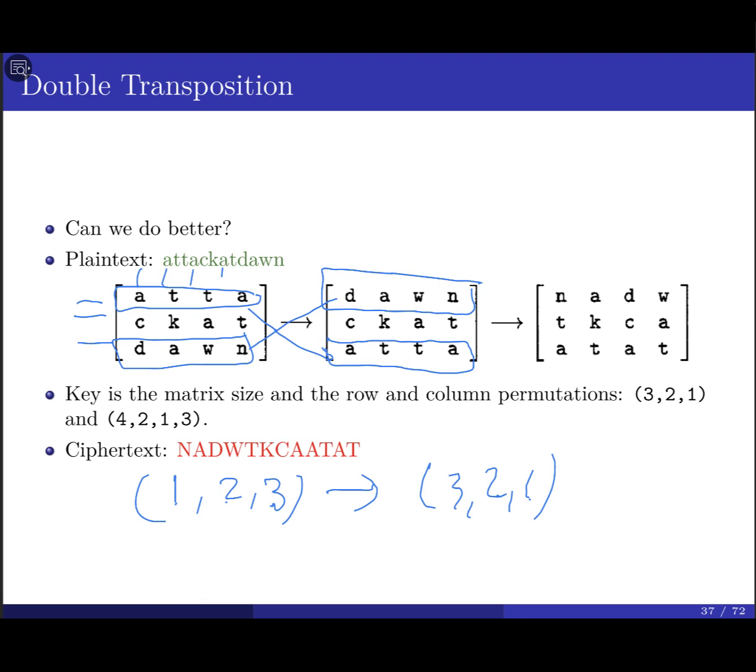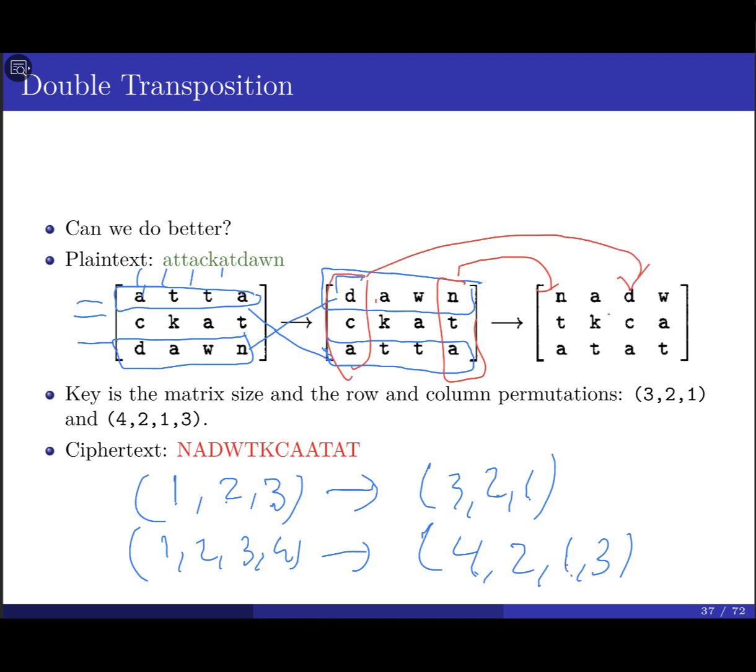Then after that, you can permute the columns. We have 4 columns, 1, 2, 3, 4, and I'm going to permute them into the following format. It depends on what you try to do here: 4, 2, 1, 3, depending on the choice. That means the fourth column is going to be the first one, the second column stays the same, the first column is going to be the third one, and the third one is going to be the fourth one.